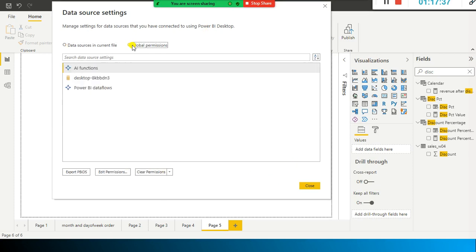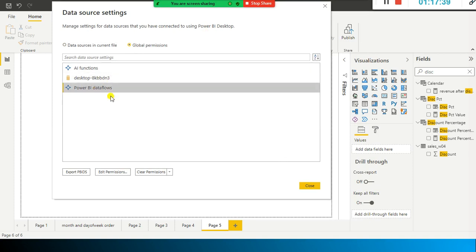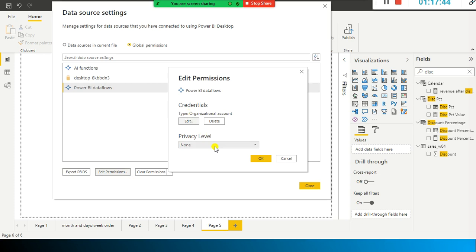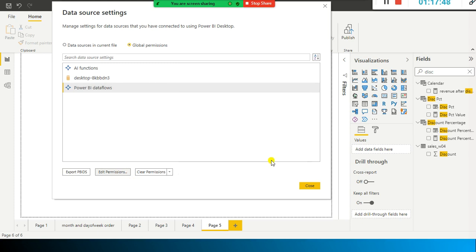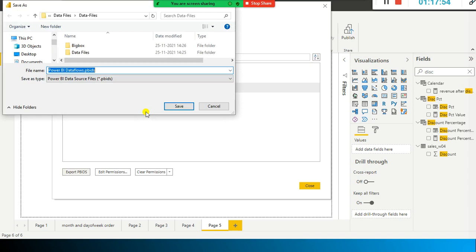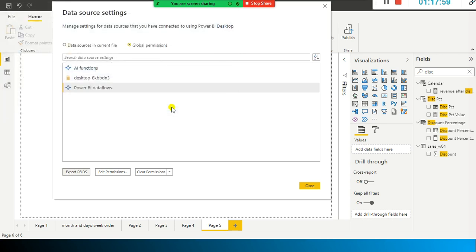Data source in current file, and global permissions, dataflows, and edit permissions, and I did this one, permissions also any, right? So I just did it, and I need to download that one here, export as a PBIDS. So this file I can export as a Power BI dataflow PBIDS.